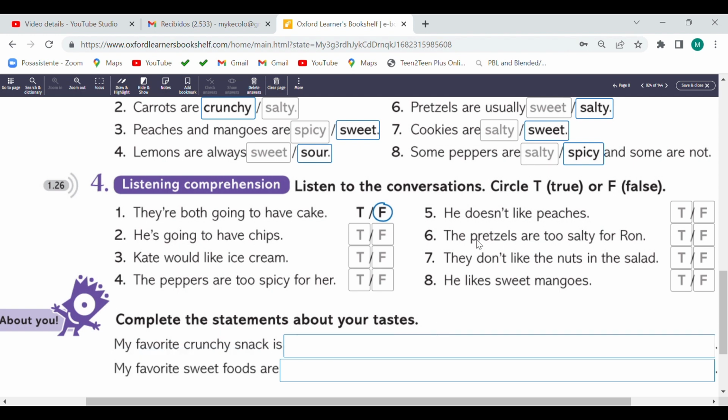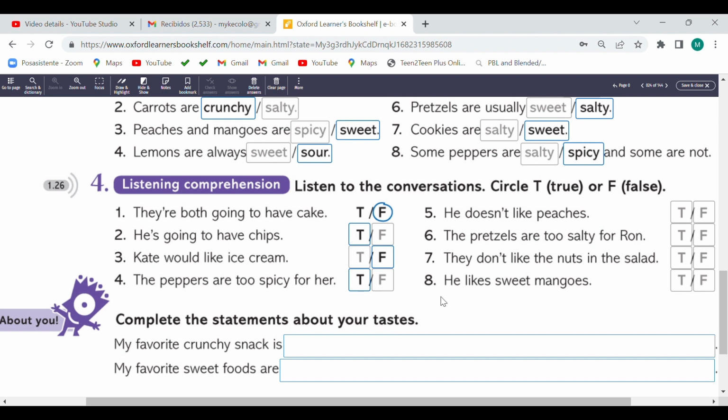Okay. Very good. Number 1 is false. Number 2, he's going to have chips. True or false? True. Number 3, Kate, would you like ice cream? False. Number 4, the peppers are too spicy for her. True. Number 5, he doesn't like peaches.